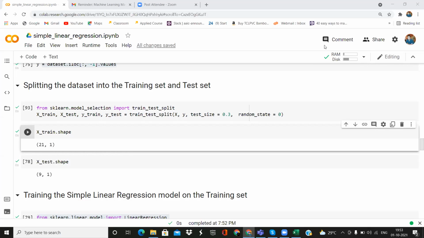Let me explain properly. Random state is just a parameter, and the value doesn't matter. It helps while doing a train and test split. Without random state, each time you run your code, it will split randomly into different test sets, taking different data points, which would lead to data leakage.